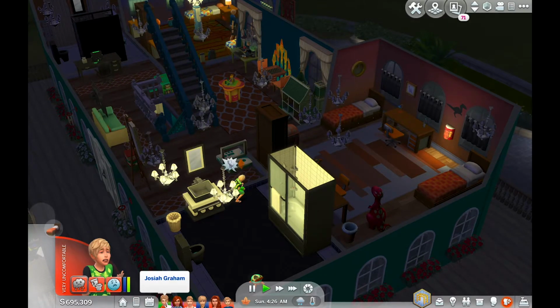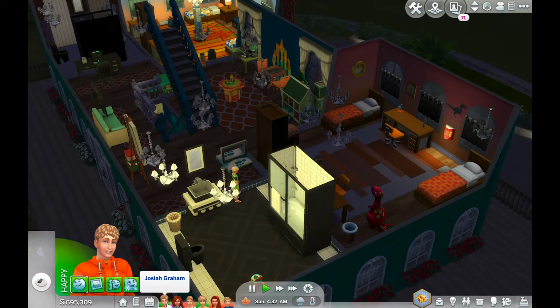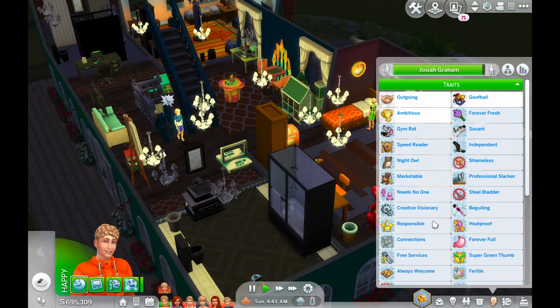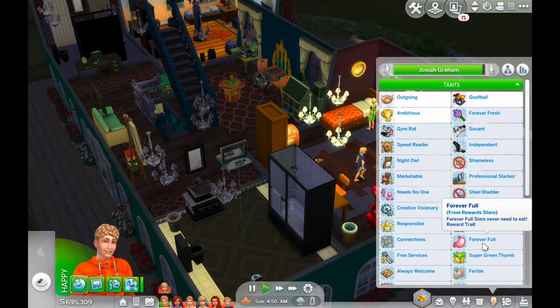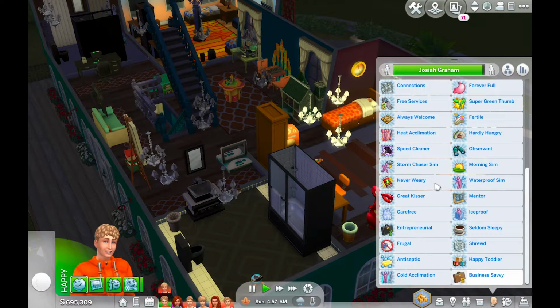And you'll notice that I don't really ever put the parents to bed, and that reasoning is they have every single one of the lifetime wishes, traits, whatever you want to call it, that you can get with your lifetime points. So if you go over here, you see they have every single extra trait. So they have the night owl trait. They also have the morning sim trait. And they also have forever full, so they don't really ever get hungry, but I still make them eat when the rest of the family eats because it just makes sense. And then they also have, if I can find it...